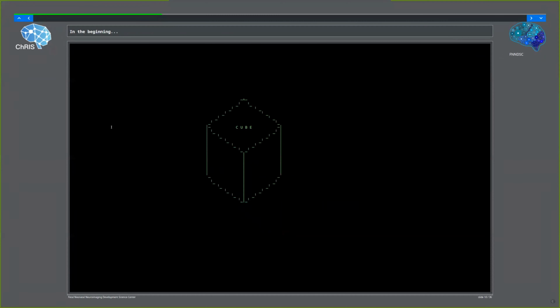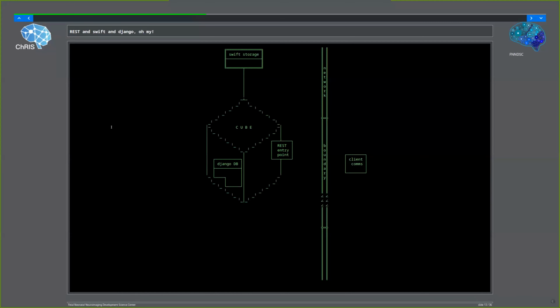At the heart of CHRIS is a thing which we call CUBE, which is the core component that contains data, all the data you've processed, all the users, all of the representations of the plugins that the system can run. And it's very much the core of the system. And let's just throw a network boundary over there. And let's assume you are living over here on that side of the network boundary, and you communicate with CHRIS. And all of these things I'm going to quickly sketch in right now.